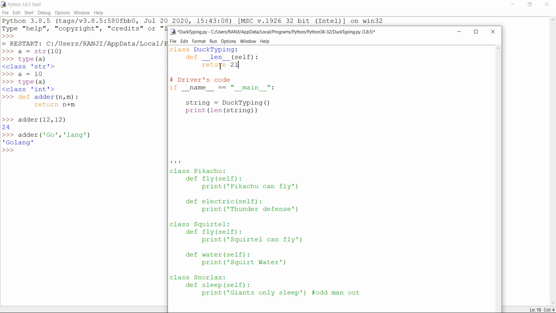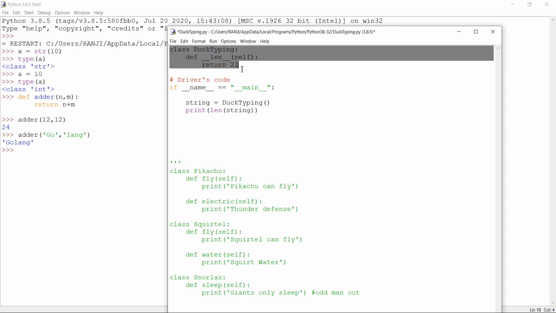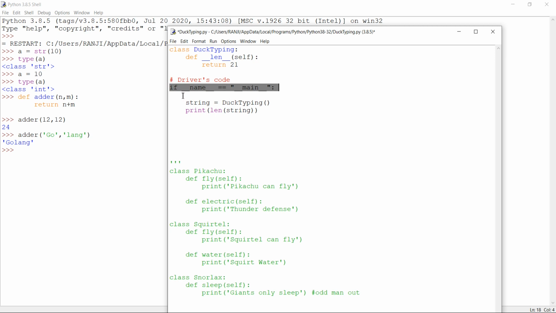Now if you want to run this kind of program, you need to write driver code. This is called driver code, where you are instructing the user on how to run this particular code. In that you write a syntax like if name is equal to main, so this is the main function from where the program execution begins, and that is an if statement.